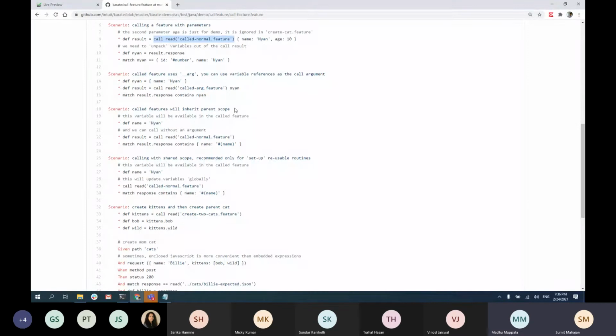It's a great thing. Sumit, a quick question there too. Sure. Let us say the called normal feature has got some statements in it. It is printing and it is doing something. So what will it do if I call that feature? Will it execute the entire feature to the end first and then